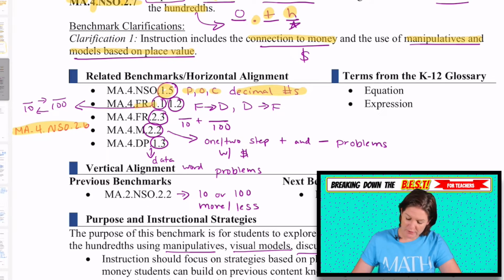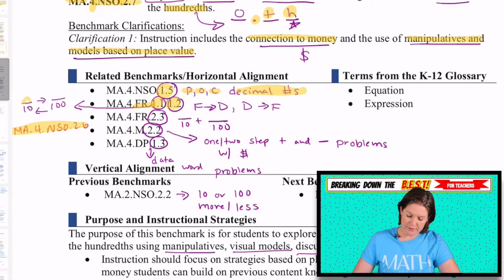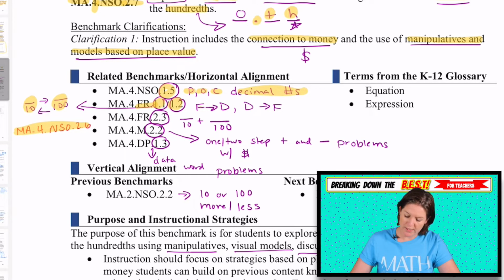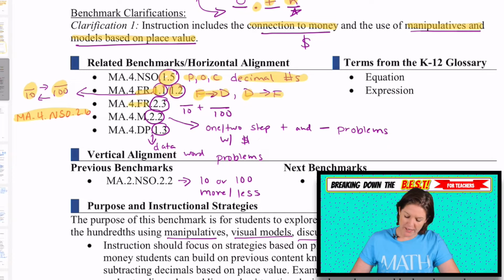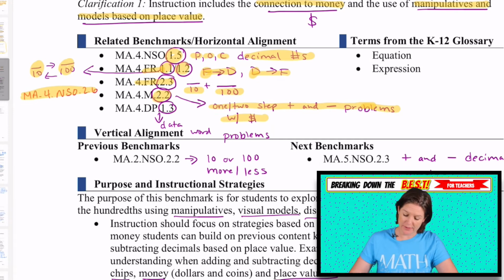We have 2 fraction standards. 1.1 goes with converting tenths, the denominator of 10, to the denominator of 100 and vice versa. Also 1.2 takes a fraction and converts it into decimal form, and then the reverse of that, decimal into fraction form. In 4.FR.2.3, we're adding fractions with denominators of 10 and 100. In 2.2, we're doing 1 and 2-step adding and subtracting problems with money, which definitely connects to this. And in